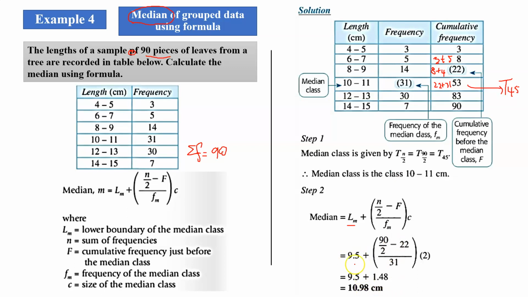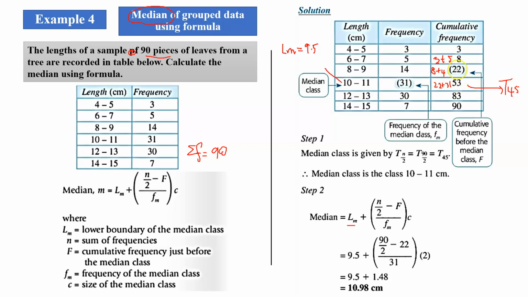Okay, so that's why you have 9.5 over here, because the lower boundary is 9.5. And then your n is 90 divided by 2. Your F, what is the cumulative frequency? This is the cumulative frequency just before the median class. Cumulative frequency just before the median class. Just before the median class means